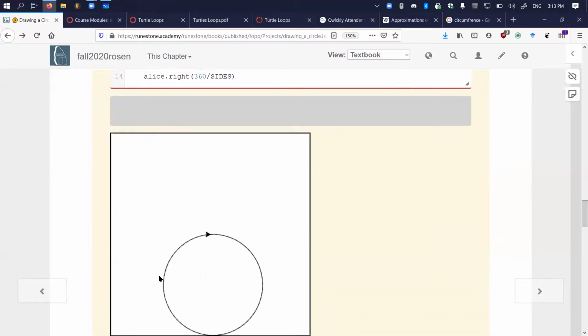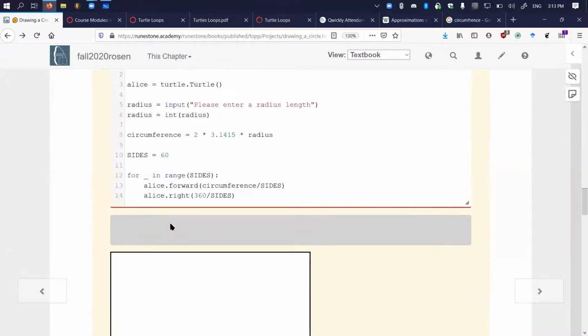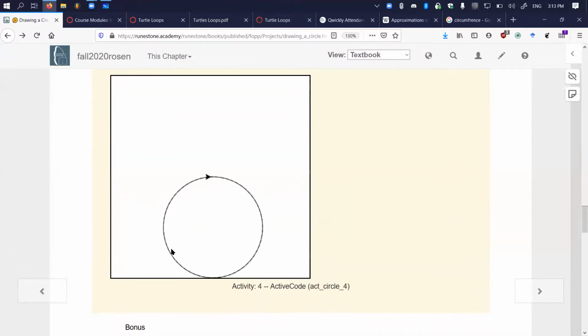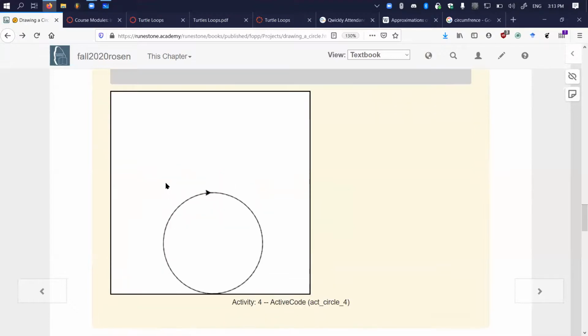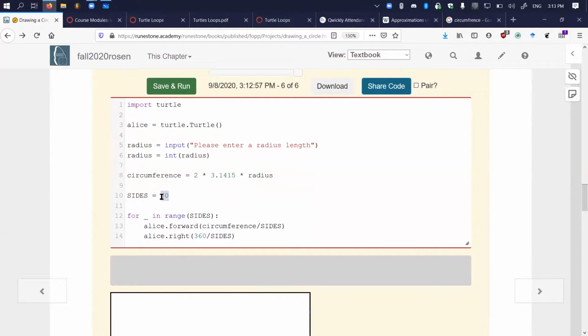I mean, you can see a bit of jaggedness, and that just might be the rendering on my computer, or it might be the rendering of the connection to you, but that's okay. It looks fairly circular. If you handed this picture to somebody and asked them what it is a picture of, they would say, oh, that is a picture of a circle. They would not say, well, it looks like you drew a 60-gon. It's close enough to being a circle. And now if we drew it up to 360, which is about as high as it can go,